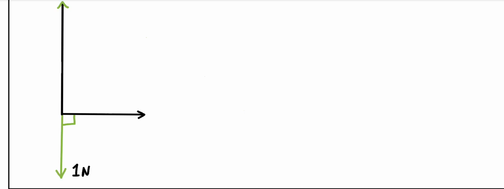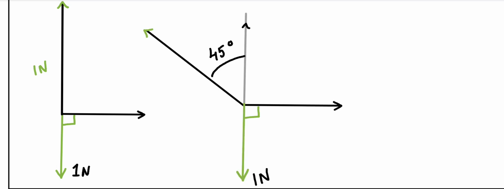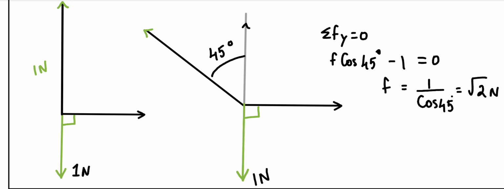Next I would like to re-highlight the things which I have discussed earlier. You can see in this sum that I am defining a case here. The direction is completely specified for one vector, and for the other vector both are unspecified. Applying summation of Fy is equal to 0 gives me this value, 1 Newton. Then I am changing the orientation of the top vector to 45 degrees. Solving this, summation of Fy is equal to 0 gives me the F vector is equal to root 2 Newton.